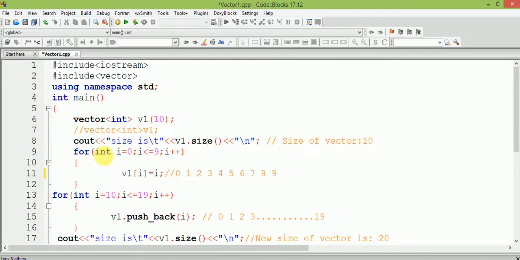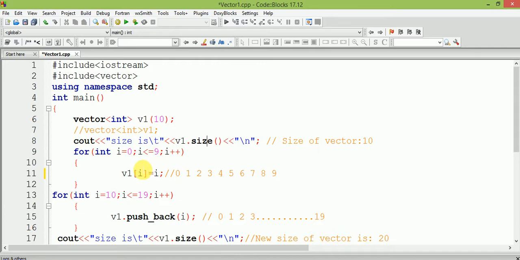Now with the help of this logic, I'm going to insert 10 elements into the vector. The loop is starting from 0 and moving up to 9. It means I wish to store 10 elements into my vector. With vector we can use the subscript operator to insert and display the elements on the screen. So v1[i] = i simply says whatever the value of i will be, that will be the element of that particular vector and will be stored in the corresponding index.